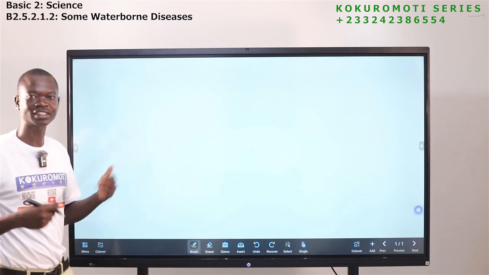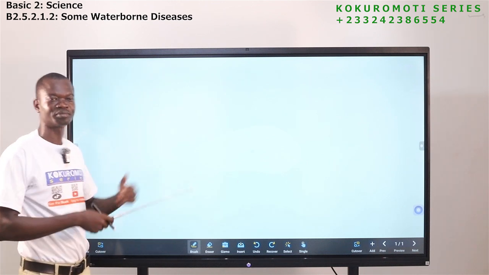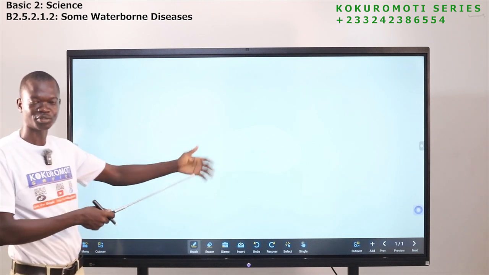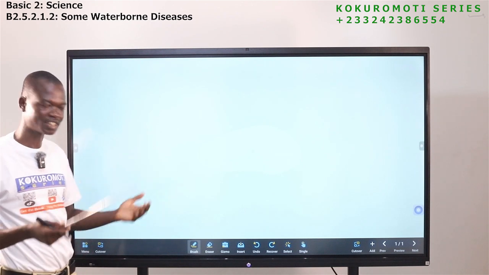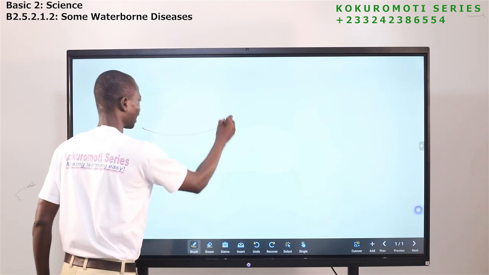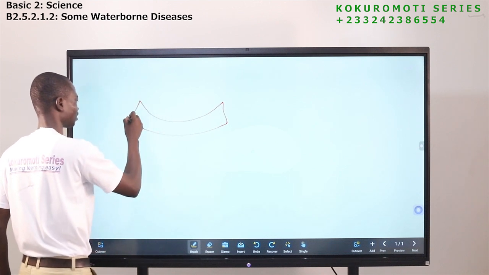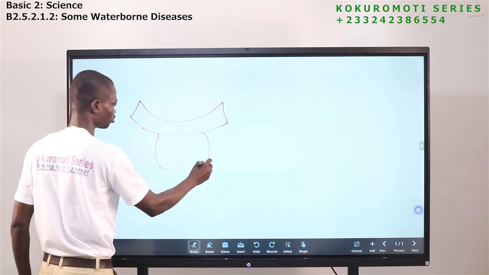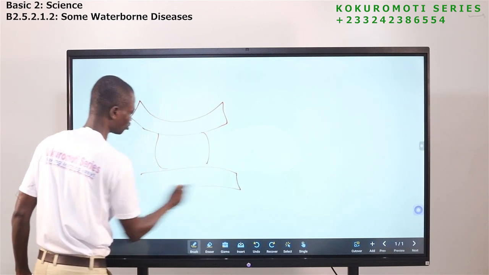If you go to our chiefs, our communities, we have chiefs there. The chiefs and sub-chiefs, they all have their stool. It's like this. Their stool. They have their own stool.